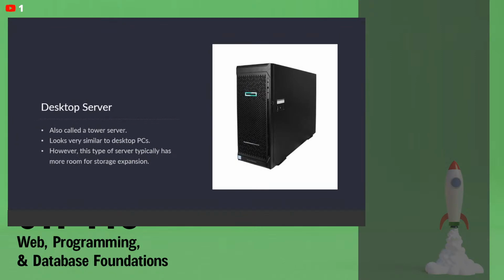First of all is the desktop server. Another term for a desktop server is also a tower server. These are very small server devices, right? They look very similar to desktop PCs. They're basically a desktop PC, but a little bit bigger, right? What makes it different from our standard computer server is just the fact that it has a little bit more room for storage expansion, right? So when we think about space for storage in here, it has a little bit more room for hard drives and such,